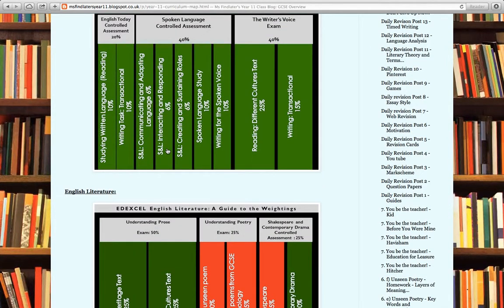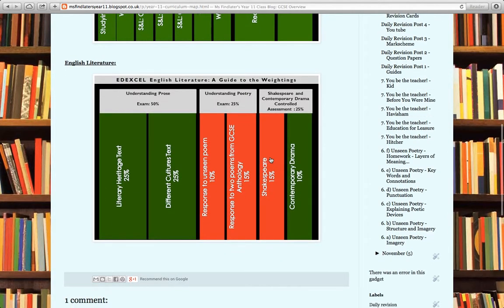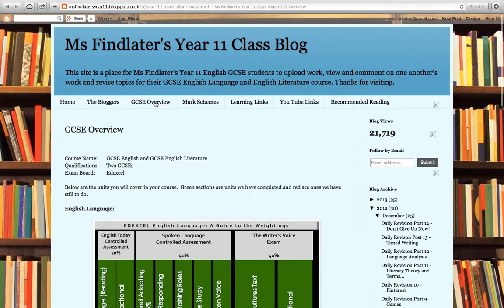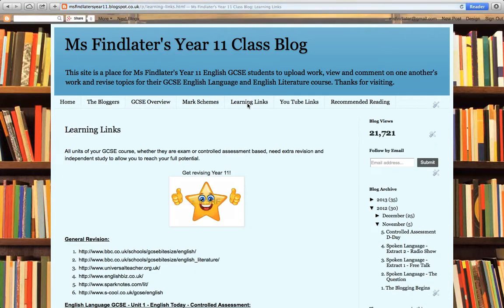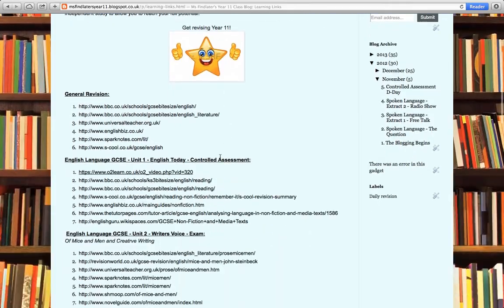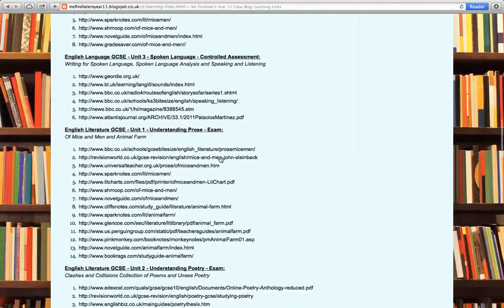As we went through the different sections, I would highlight these in green. Obviously, these are the last ones we did before I closed it down, so we didn't highlight those ones. But they would be in red, and then through the year we'd colour them in green so they knew exactly what they had left of the exam to do. We also had a section for mark schemes there. Learning links I left up there, that was general revision, and then for each of the units they were studying,